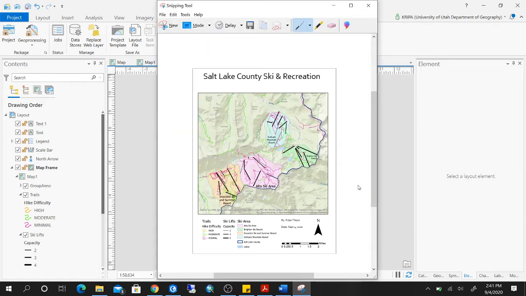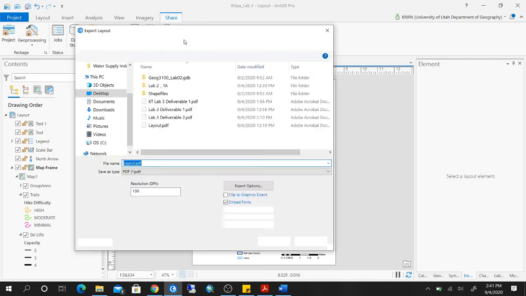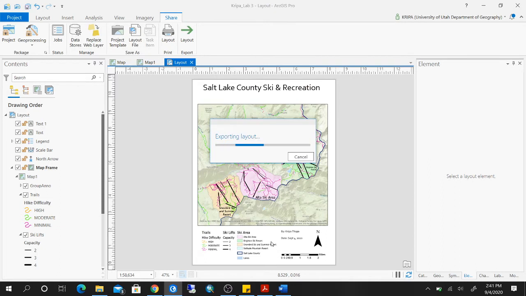Save it to Google App 3 and do an export. The best case scenario is to have a PDF where the resolution is really good. You can see all of your map components, but a screenshot is okay as well. So once that's done,